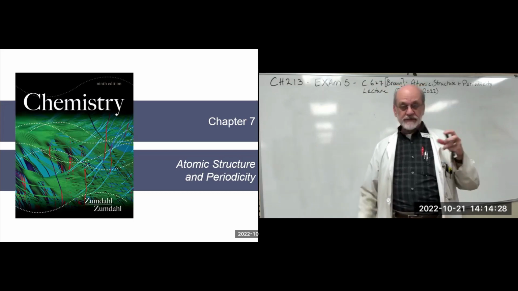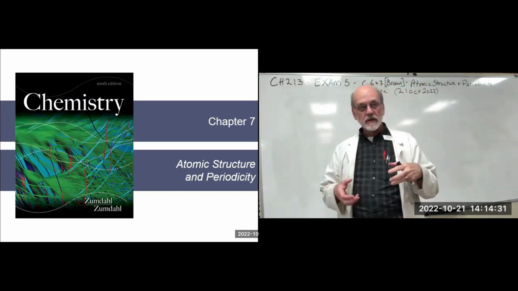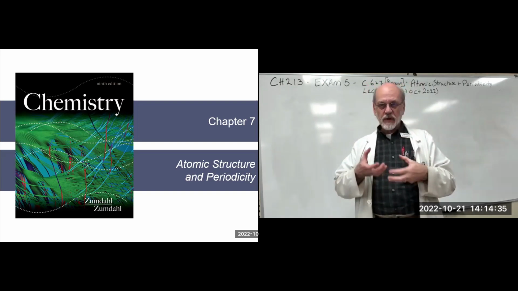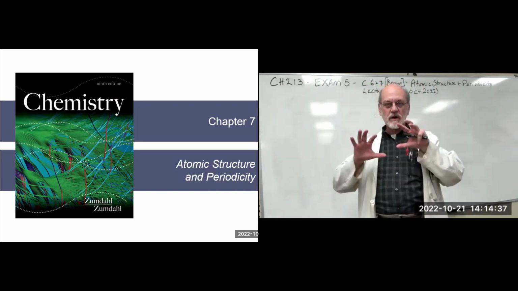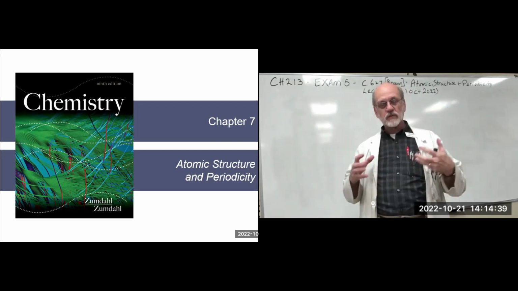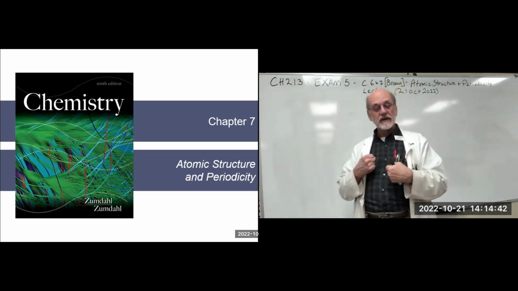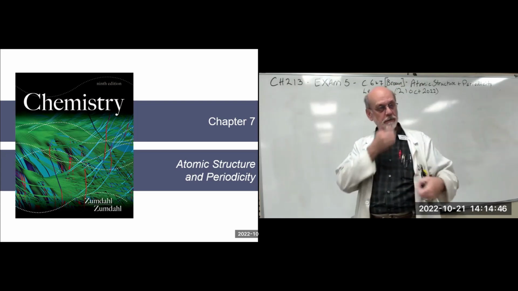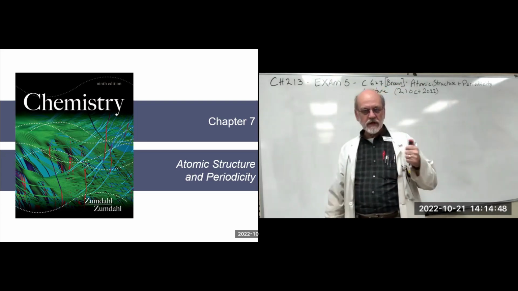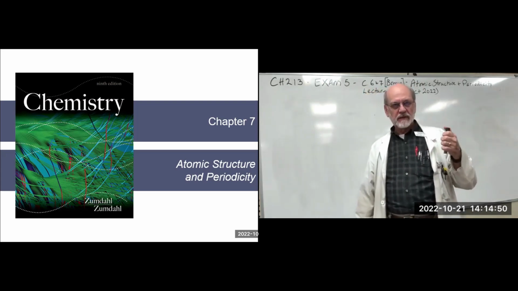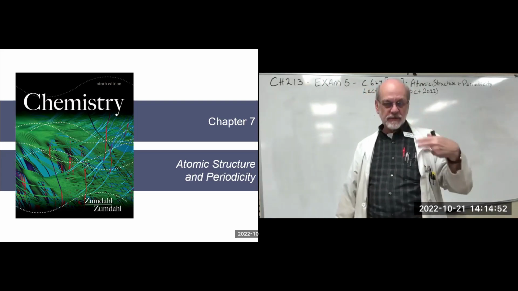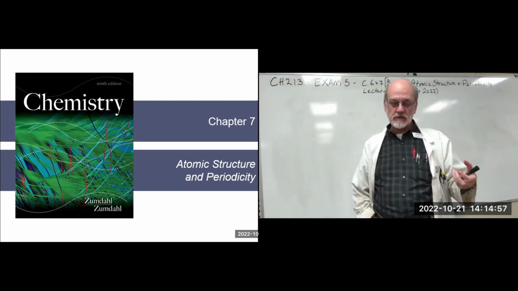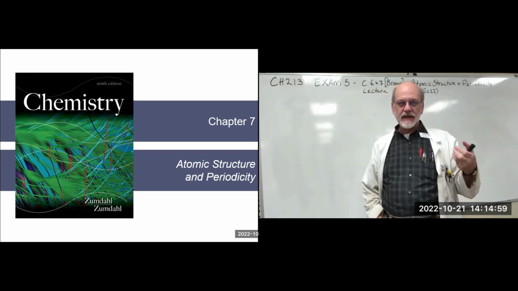So in this discussion of atomic structure, we're not going to ignore the nucleus, but we're going to spend most of our time focusing on the electrons. Because when two atoms come together to form a bond, the first thing they see is electrons, and that's where the bonding occurs. And then we're going to look at that type of structure for the atom, the electronic structure, and